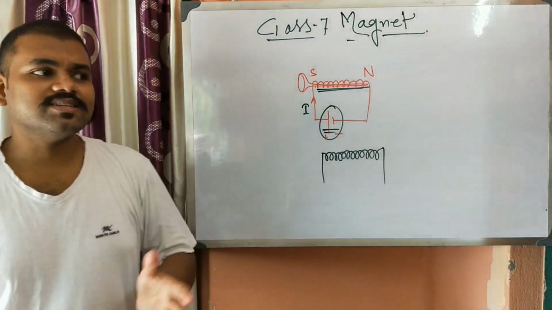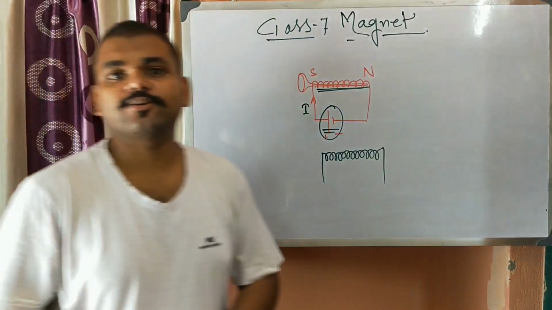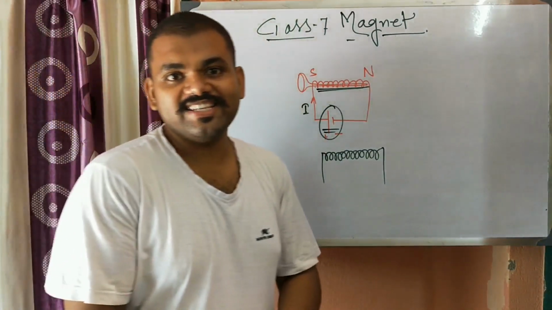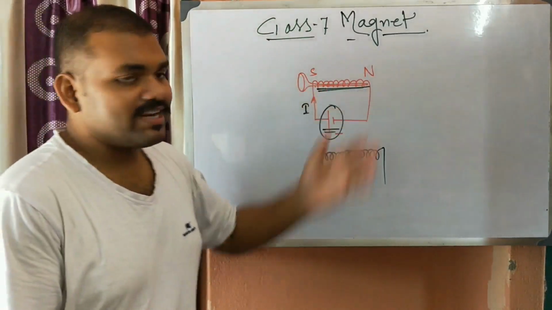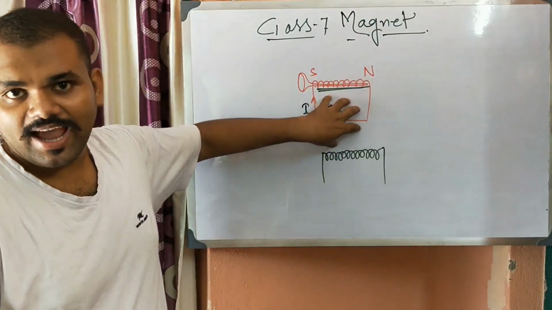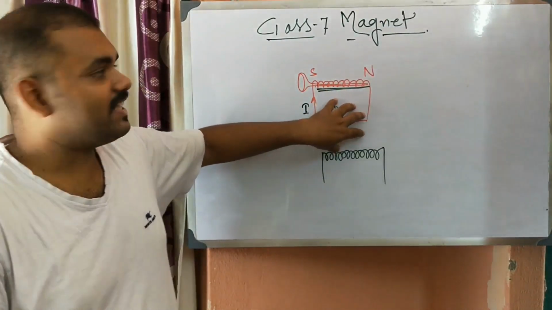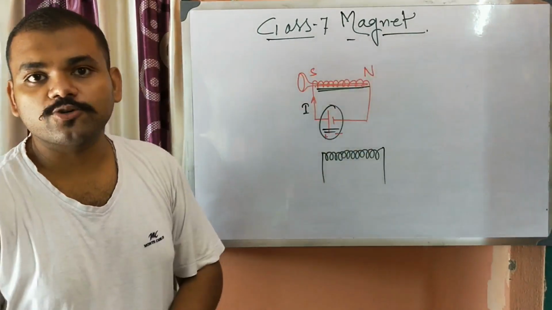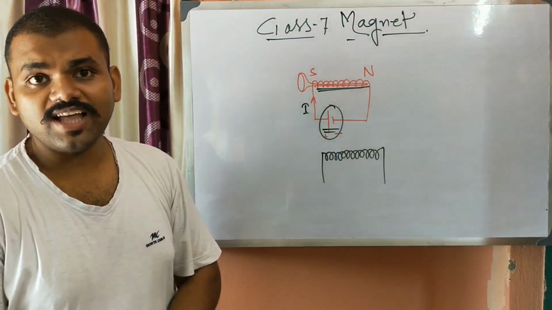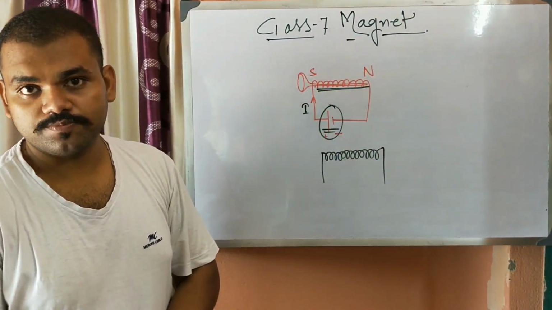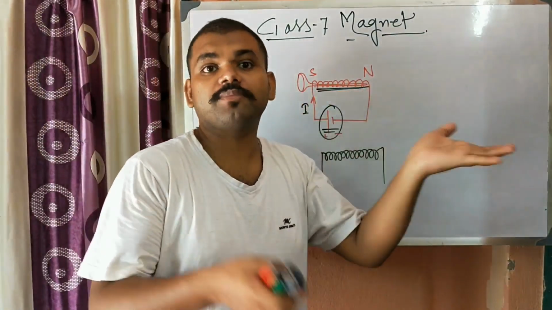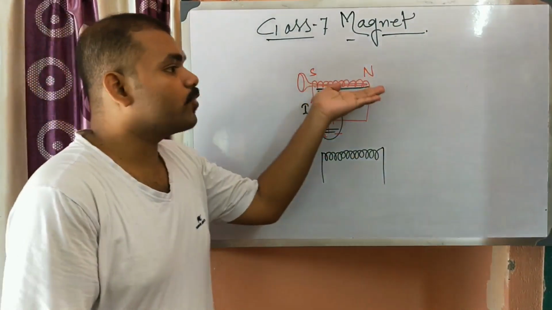Okay, so what is the reason we use that electromagnet? So electromagnet is a very useful thing, because we can easily make it a magnet, and as soon as we disconnect the circuit from this cell, as soon as we disconnect the electricity, then it will get back to its original property. That is, it will not have the magnetic property anymore. So this is not permanent. This electromagnet is not a permanent magnet. This is a temporary magnet.